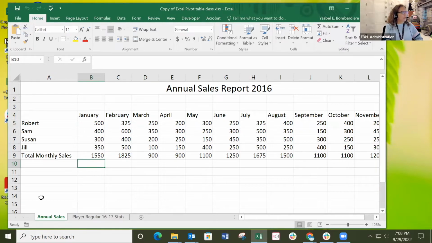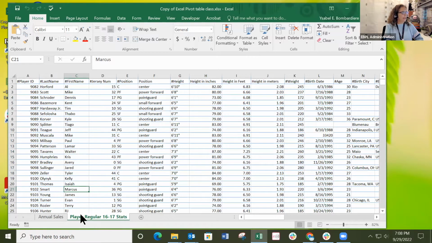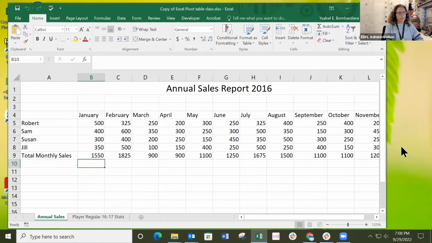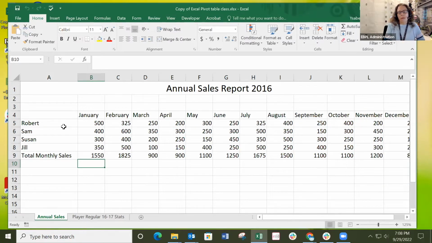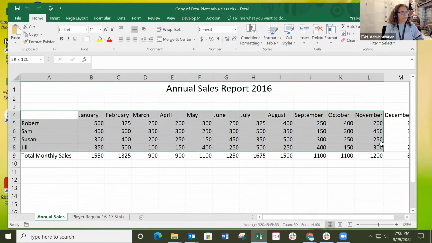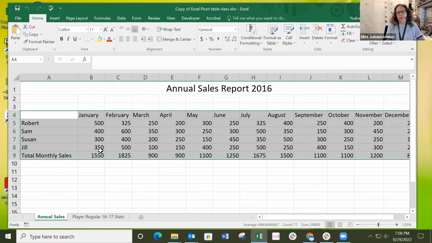This Excel sheet has two tabs, annual sales and then NBA players data. We're gonna start with annual sales. So Microsoft Excel pivot tables are tables that we are going to use to extract information and analysis from the data. This is, for example, Excel. It has tables, like you can see, but a pivot table is going to extract information and analysis from those tables, and it's going to rearrange it so we can